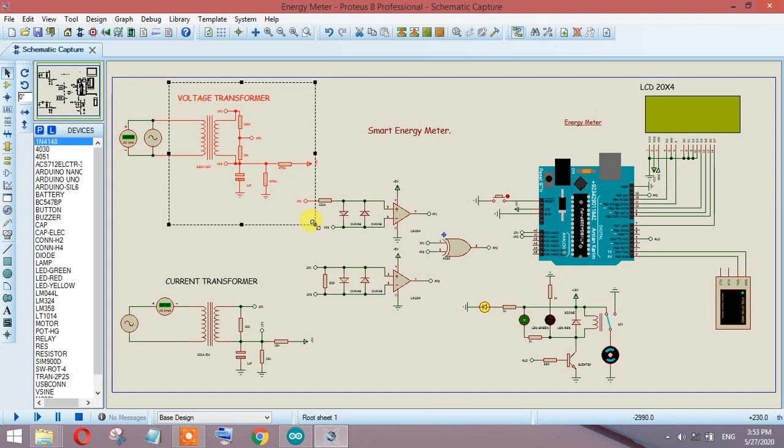The problem with that kind of topology is that if you convert the AC signal into a DC signal, you have to measure it with a simple analog function. But if you do not purify that signal, then there will be too many ripples in the reading.